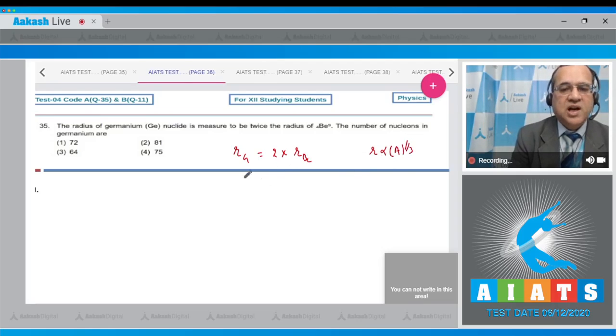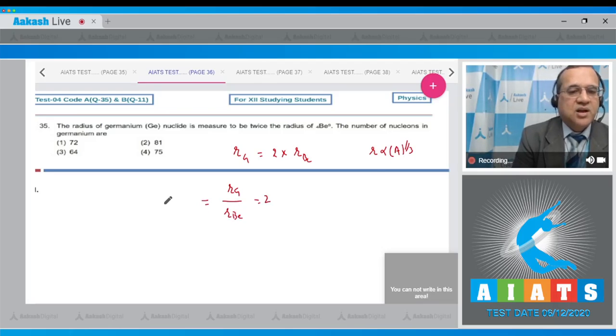So in proportionality on both sides, I write that the radius of germanium to the radius of beryllium is equal to 2, and that is equal to A germanium power 1 by 3